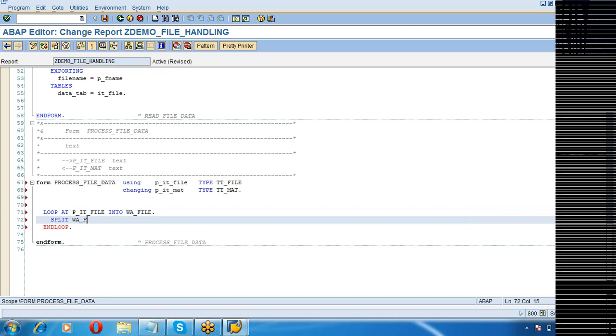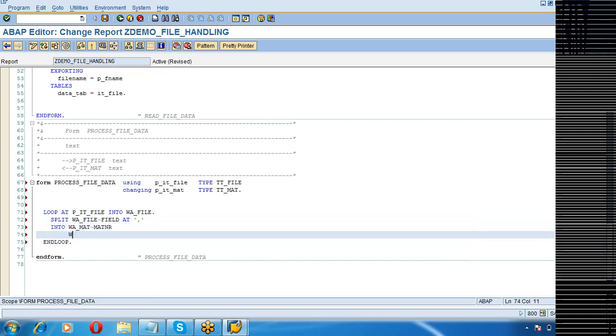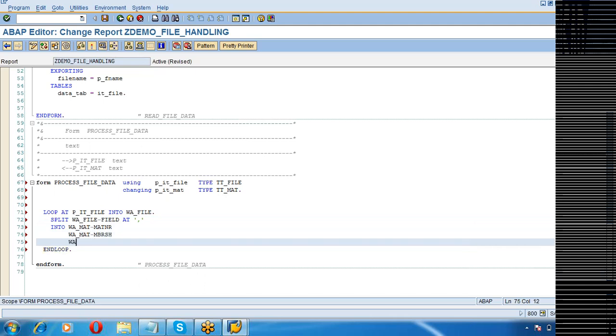Split wa_file-field at comma into wa_mat-matnr, wa_mat-mbrsh.